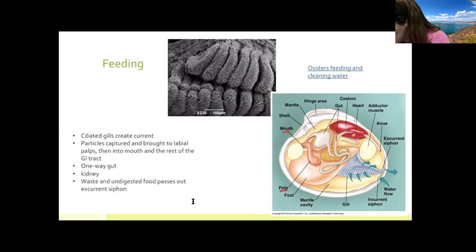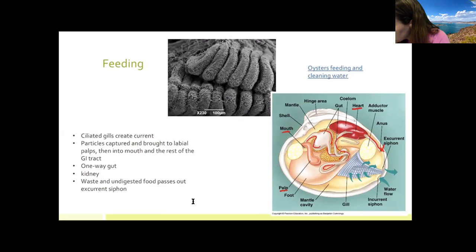Here's our gut here, and then the intestines, right? So, you know, where we can absorb all of the good stuff. And then eventually the waste is going to go out of the organism. So when we track the GI system as far as feeding, another cool thing about these guys, we already mentioned that it's got a 2-chambered heart. It's got an atrium and a ventricle.